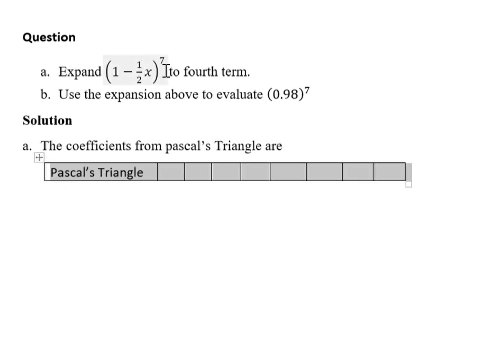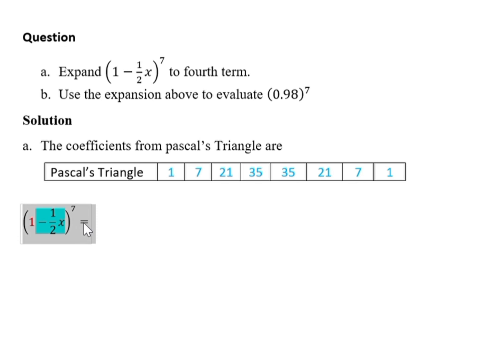Judging from the fact that the power to which the binomial is raised is 7, we shall read the values of the coefficients from where n is 7 in Pascal's triangle, and that means the coefficients will be 1, 7, 21, 35, 35, 21, 7, and 1. Then we bring this binomial here and say (1 minus half x) raised to the power 7 is equal to,